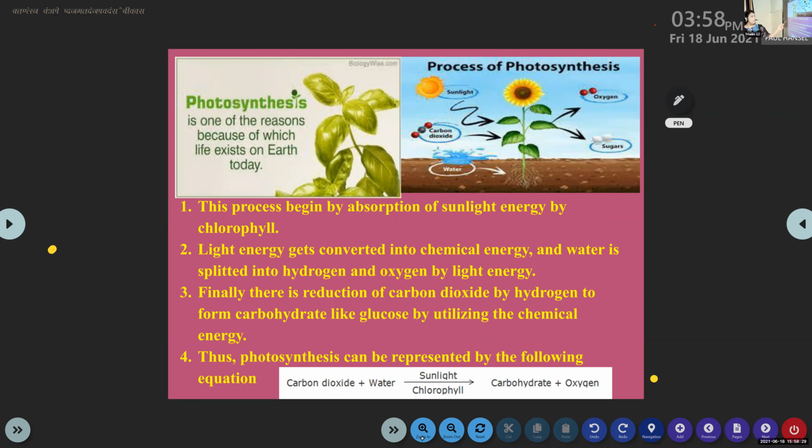Already you have written how photosynthesis started by absorption of sunlight energy. I have given this in your printed notes, so you don't have to write anything. The process begins by absorption of sunlight. In photosynthesis, first the leaves start absorbing the sunlight. Light energy gets converted into chemical energy, as I already told you, in the form of carbohydrates. That we already discussed. And water is split into hydrogen and oxygen. You see, carbon dioxide is a mixture of carbon